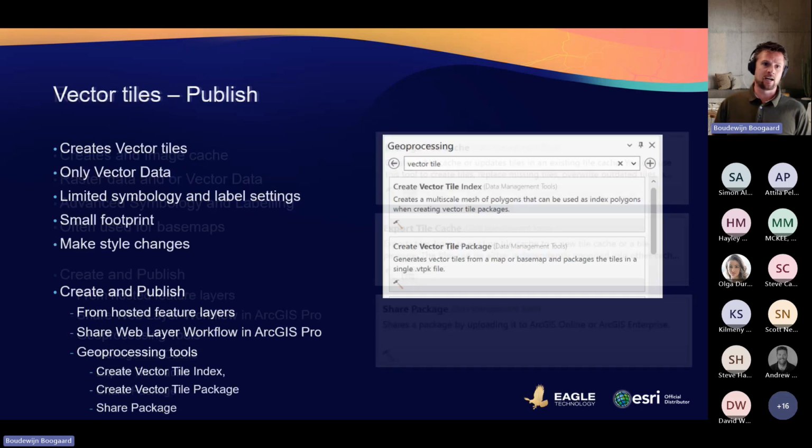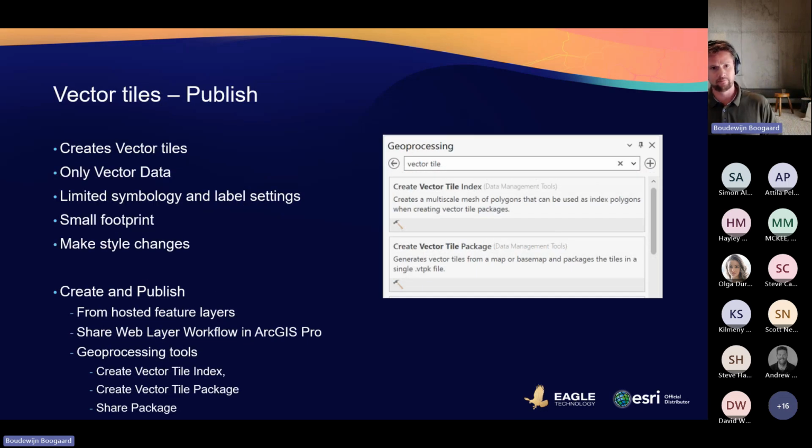The other flavor is the vector tiles. They're not that new anymore, but they're definitely newer than the raster tiles. What it does is it doesn't create images, but it creates vector tiles. It's an optimized format to quickly visualize vector data. And it only supports vector data, so you can't use a raster input in a vector tile.